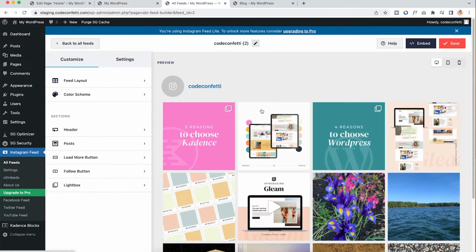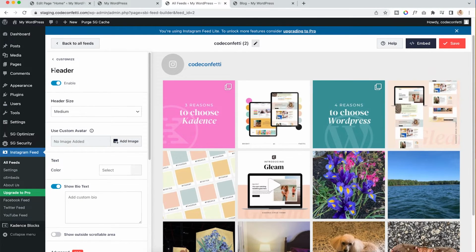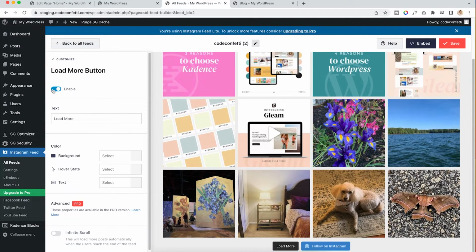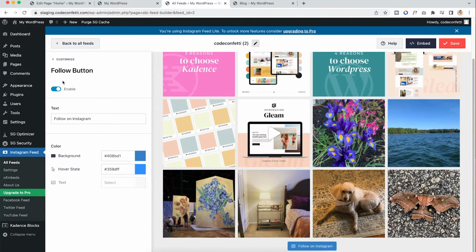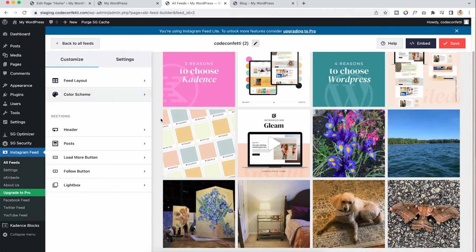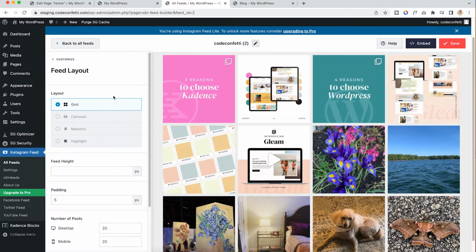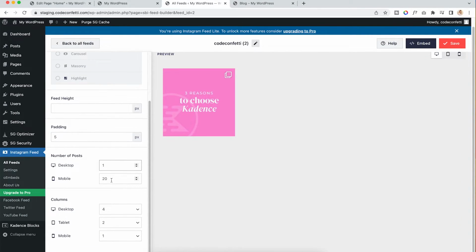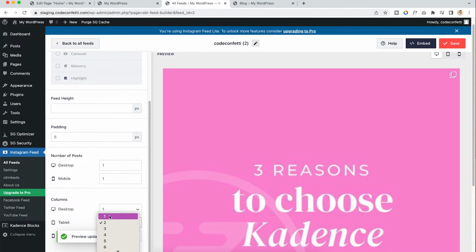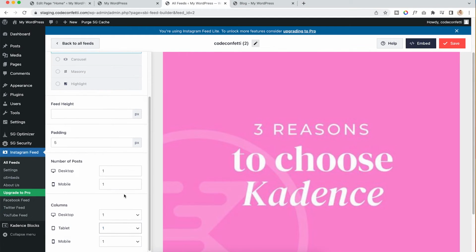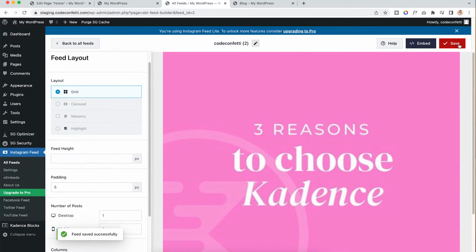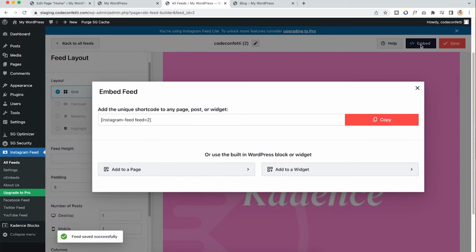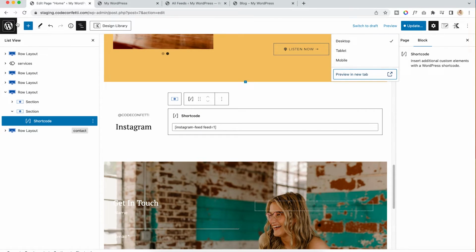Okay, so I have the same thing again, and I'm just going to follow my same steps. I want to disable my header. I want to disable my load more, and I want to disable my follow button. Feel free to leave these active if you want them. I'm going to go to feed layout, and I just want to show one picture on desktop and one picture on mobile. And so I can just set all of this stuff to 1. Okay, we're all good. And I'm going to click on save, and then I'm going to click on embed. And you can see it's created feed number 2 here. So I'm going to copy this, and then I'm going to go back to